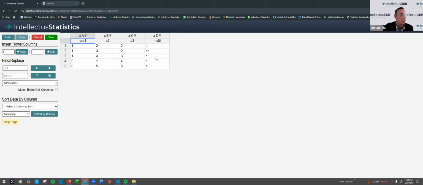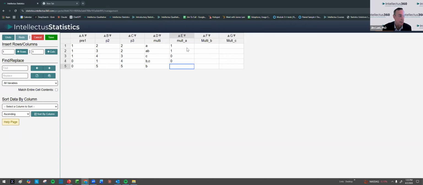All right. So let's just say that you have something like this. Check all that apply. What you need to do is to create 3 other variables. Multiple A, multiple B, and multiple C. Okay. And here you're going to have a 1 for any time you have an A,